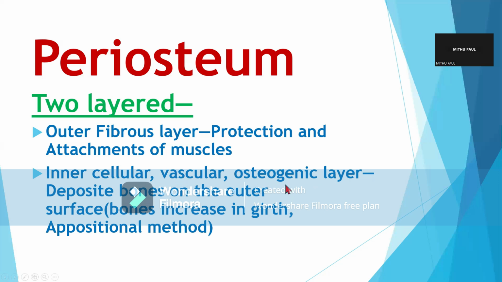Must remember it is the osteogenic layer, because they deposit bone on the outer surface of the bone. You have learned this in the growth of the cartilage. In the same way, bone also grows in girth via the appositional method, via deposition by the osteogenic layer cells lying on the inner layer of the periosteum